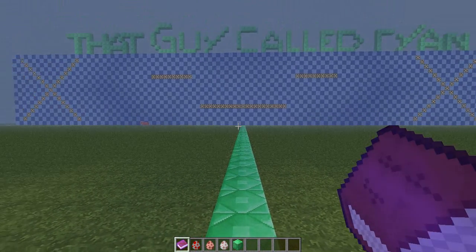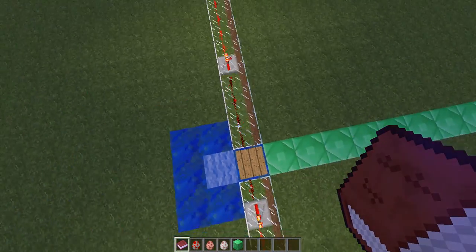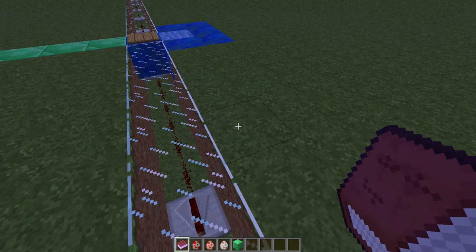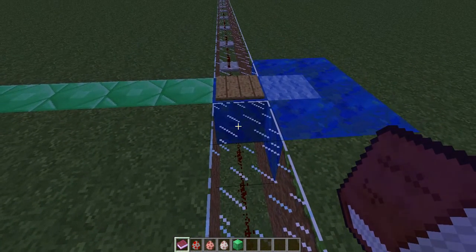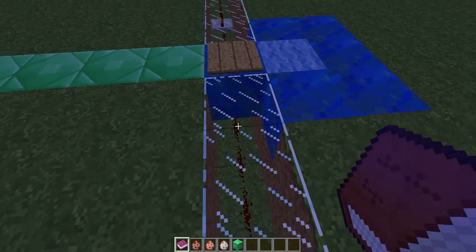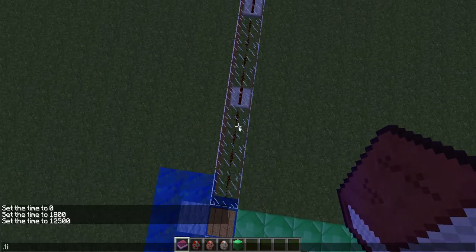Like the eyes come on first, and the X and everything, and then I got that guy called Ryan up there. So if we follow, I'll show you actually. The redstone's pretty basic for this bit, except for the X and the eyes. The pressure plate powers that lapis lazuli block there, and because that block is powered, it goes to the redstone, and then I just had to do redstone and redstone repeaters